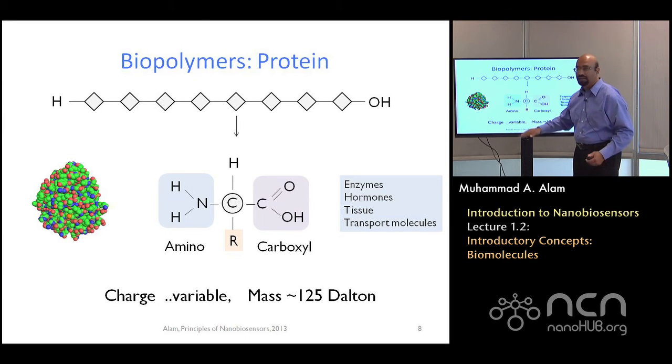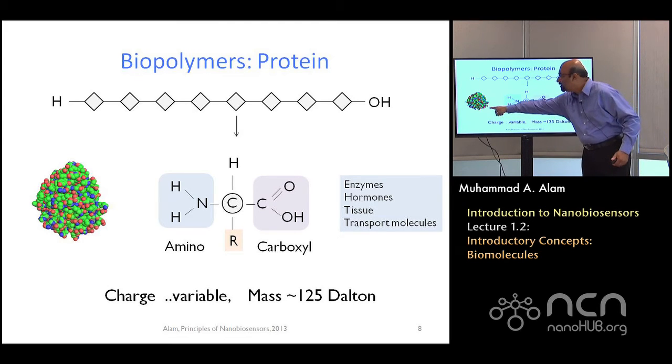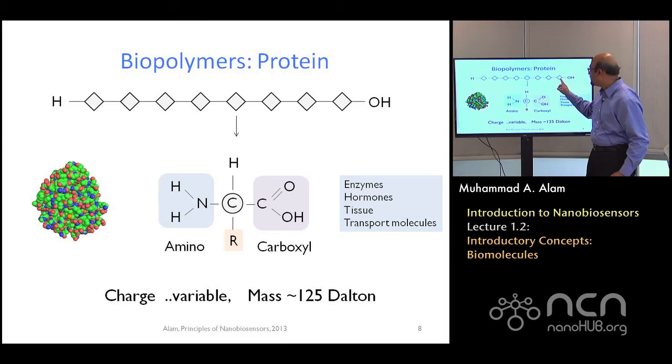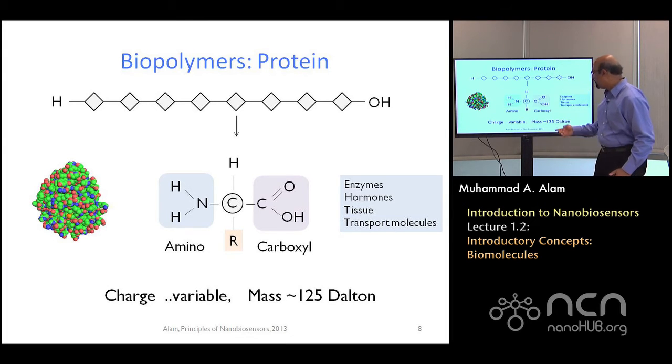So one should certainly be able to detect it by potentiometric sensors, but also the mass is significant when you have a long string. Let's say this one has 261 amino acids. Each one of them is an amino acid, 261 of them multiplied by 125 Dalton. That is the mass. And so you should be able to detect it at relatively low concentration using mass-based sensors as well.